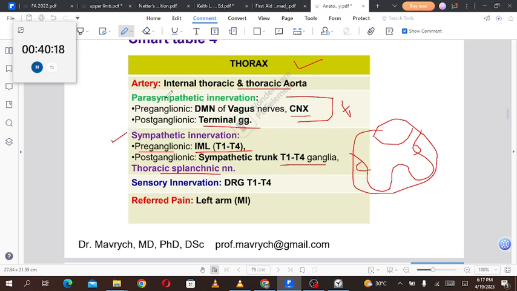So for the parasympathetic fibers, what is the preganglionic segment? That is dorsal. Okay, I just still can't understand that. Dorsal